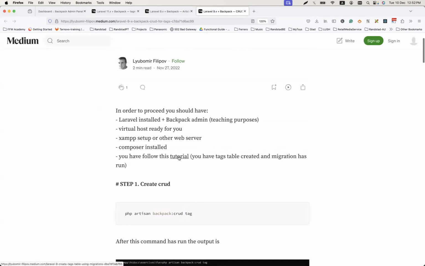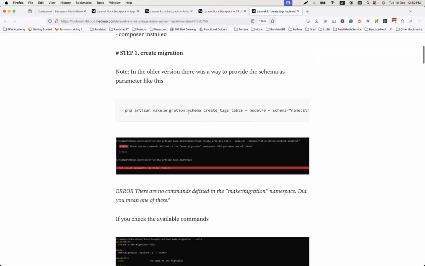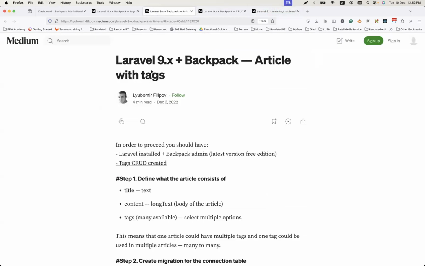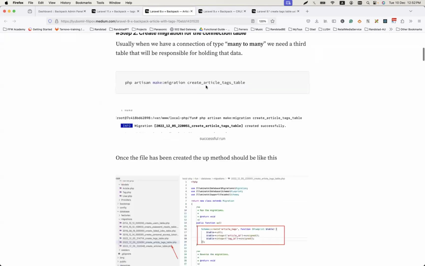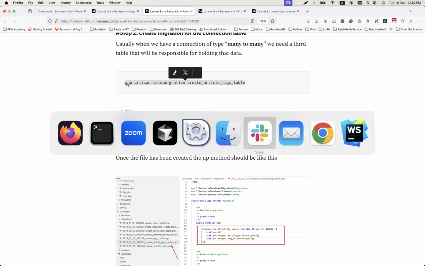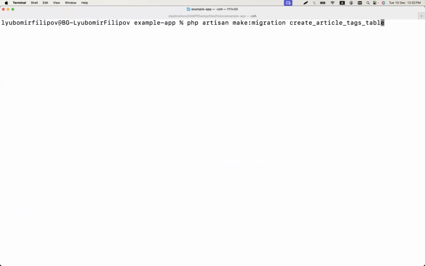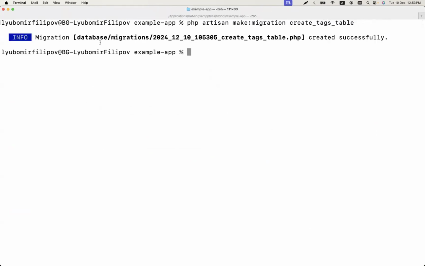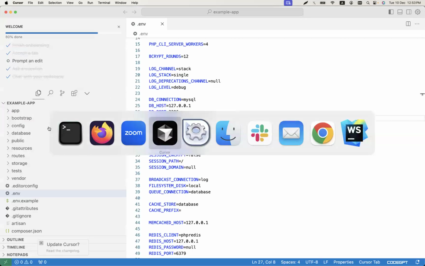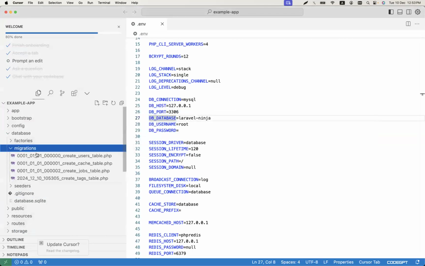So how do we do that? Well, the first thing is to create the tags table. How you execute it is you say make migration and then you name what you would like to create. In our case, I'm here in the app and I will say make migration, create tags table. This will create a new migration file, and if I open the code and go to database migrations, I see